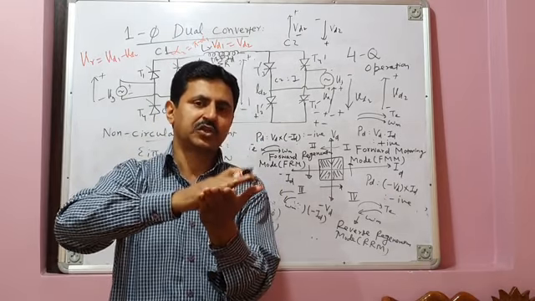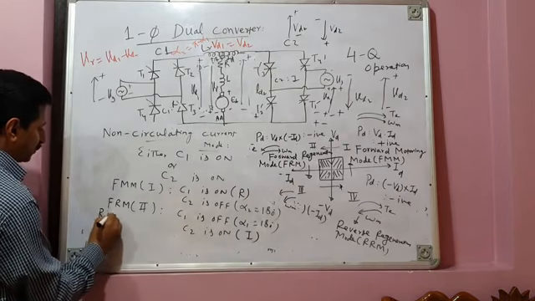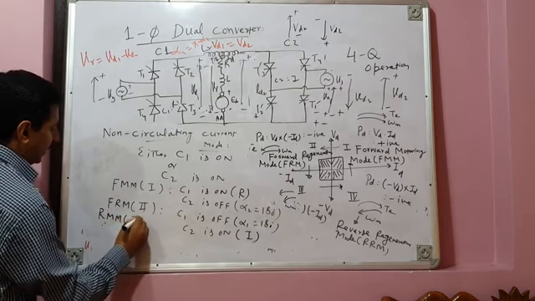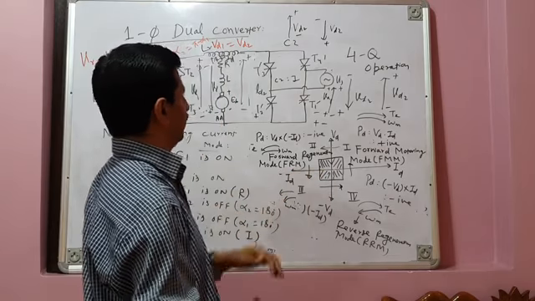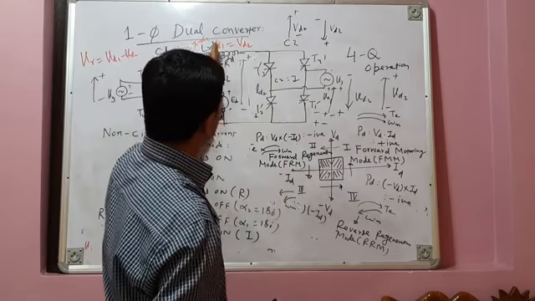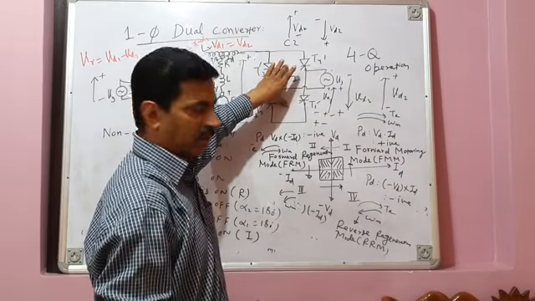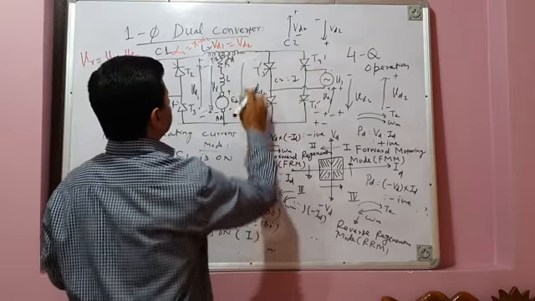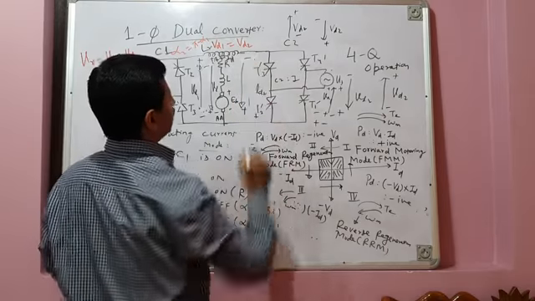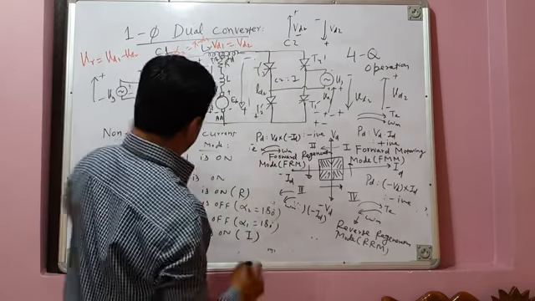And when the machine stops, now we have to run it in the reverse direction. So therefore you have to go to reverse motoring mode, RMM. That is quadrant 3. In quadrant 3, average output voltage should be negative, current should also be negative. Negative current means again current इससे बाहर ही आनी चाहिए. That means आपका converter C2 ही on हो जाएगा, लेकिन इसकी average output voltage negative होनी चाहिए. Negative voltage means this terminal should be positive. That means previously it was operating in the inversion mode. Now we have to operate it in the rectification mode.